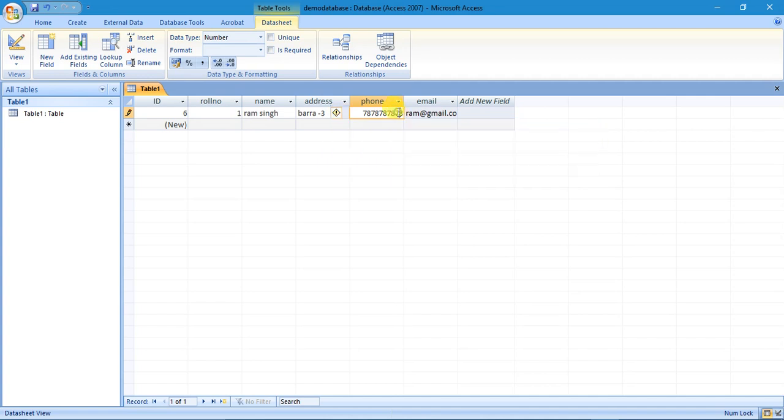So now from here we will move to the design view from the datasheet view, because in the datasheet view we cannot set the data type of any column. Now the thing is, what are the data types? The data types are the logical rules which decide which type of value will be saved here. The data types will decide which type of value we will store here.